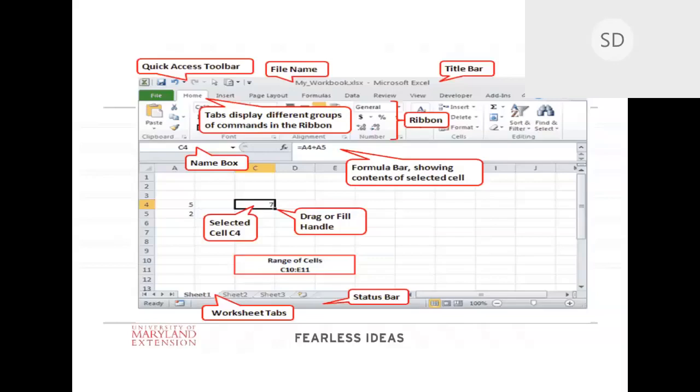And again, that's your workbook. This is the ribbon. So you go across the top and there are lots of different things to categorize your numbers, your numerical numbers. You can put your formulas in, you can insert. I've used find and select quite a bit, but you can go across the top, and that's very similar to the other Microsoft products. You can see the name box here: C4, you can see what's highlighted here is the C4. And then the formula bar is where you have the actual formula. So they're taking A4 divided by A5.